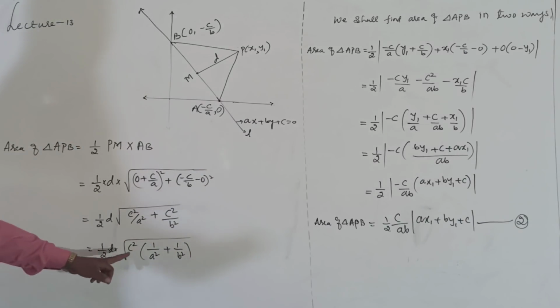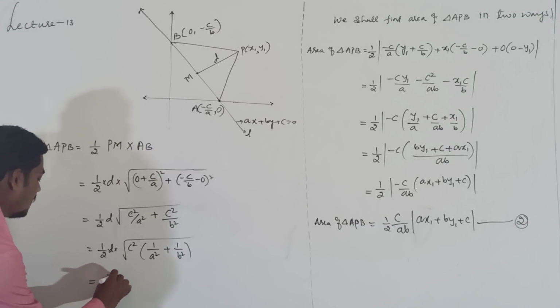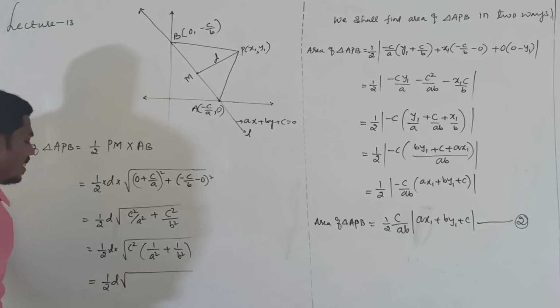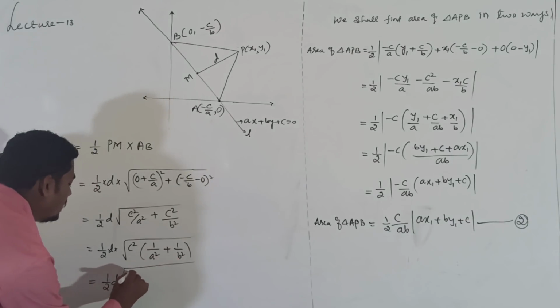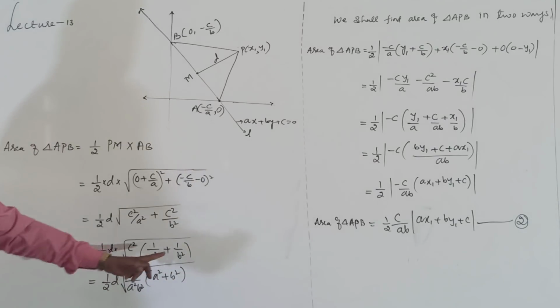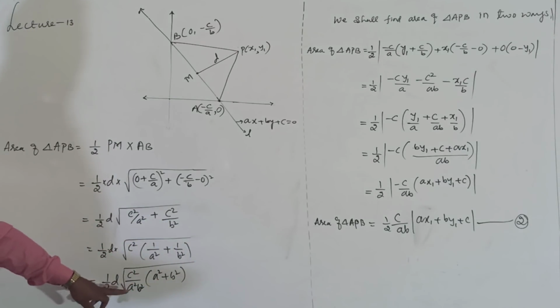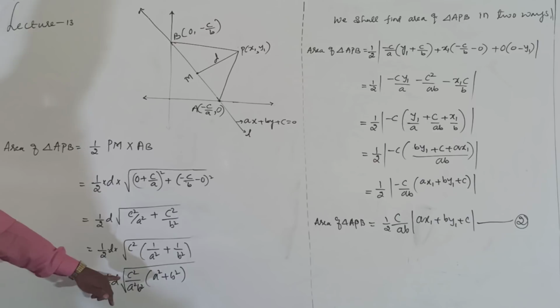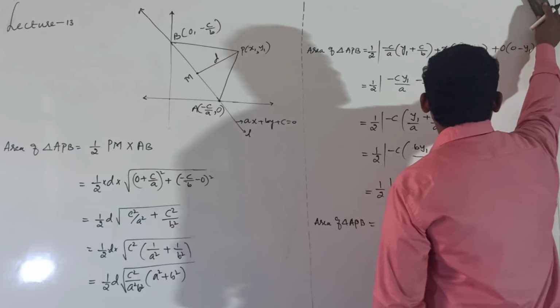Then taking LCM, it will be 1 by 2 into d into square root of c square divided by a square b square into a square plus b square, right? Usually taking LCM means b square plus a square is same as a square b square. Inside square root of c square divided by a square b square, then it becomes